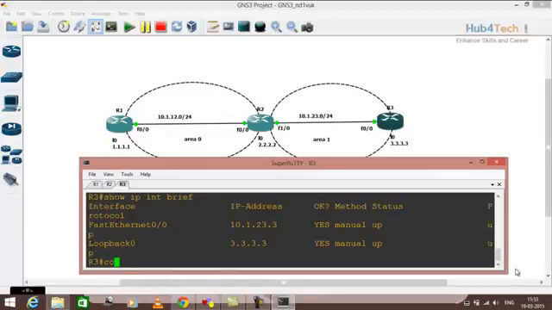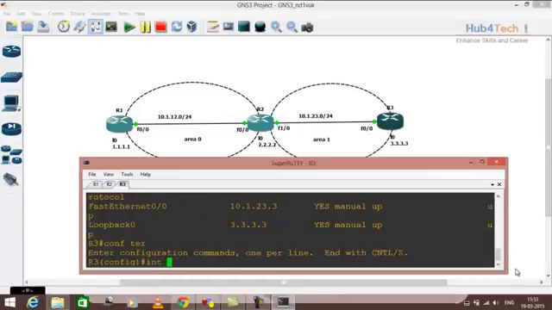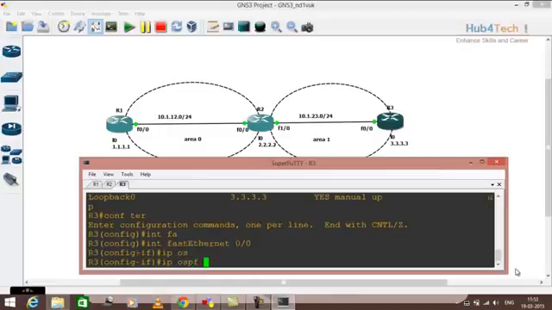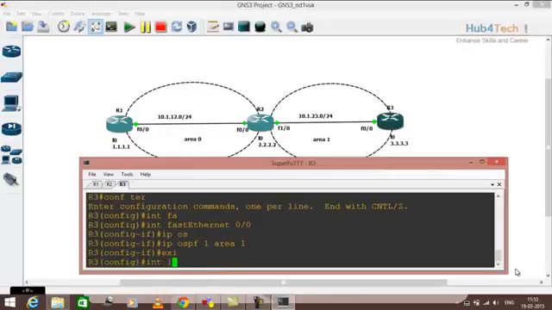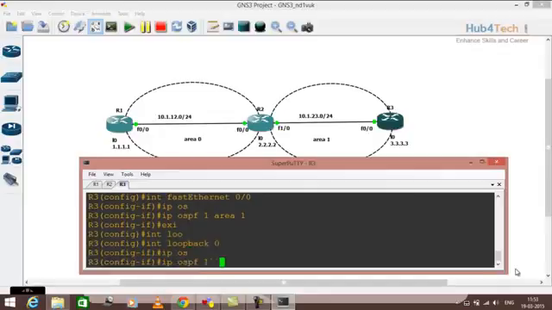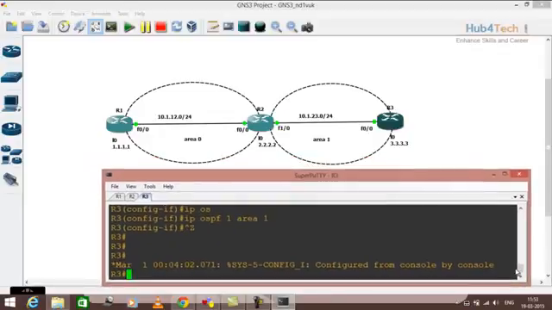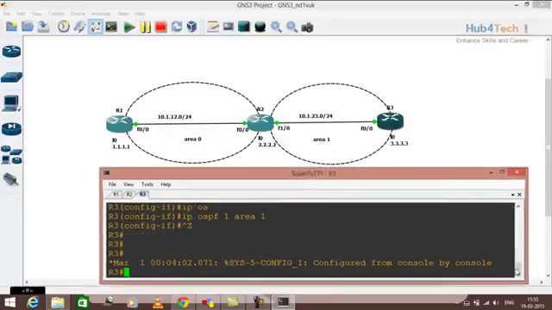Go to R3 and then go to the interface and type the command ip ospf 1 area 1. And then go to the loopback interface and type the command ip ospf 1 area 1. Done. So this is the configuration which we can do, and now for verification purposes you can check that R2